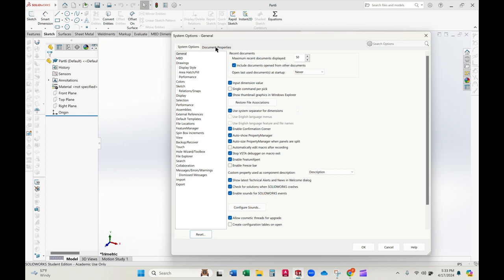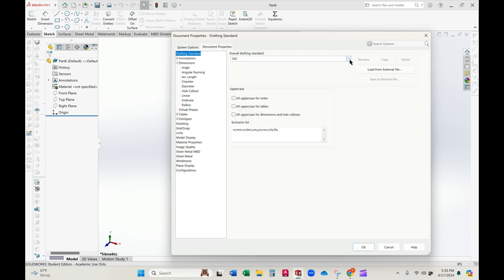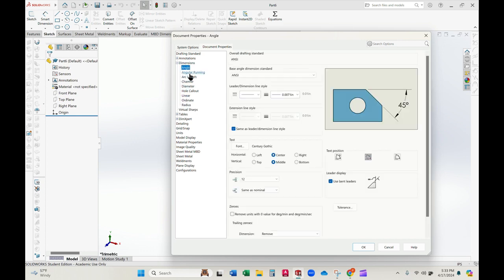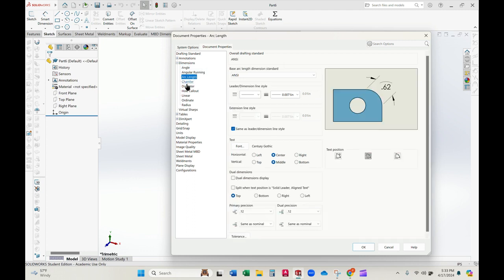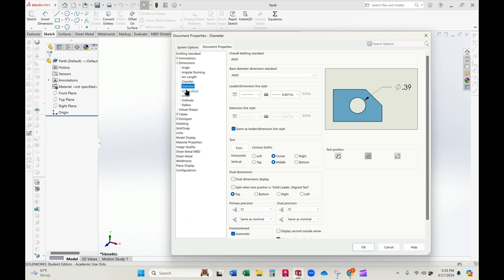We are going to go into our document properties, and where it says ISO, we are going to change this to ANSI. This will then change all of these dimensions. If you want to click through it, you can, or you can just trust me here, that all of these have now been switched over to ANSI. But we don't want to have to come in and redo it every single time. So in just a second, I'll show you how to make it so that every time we open it up,